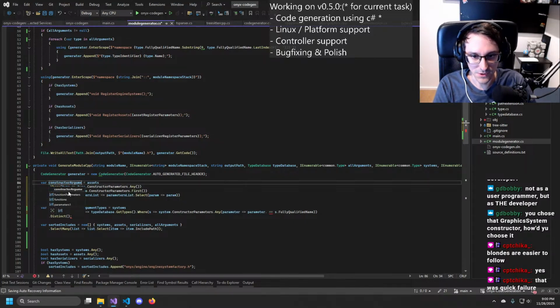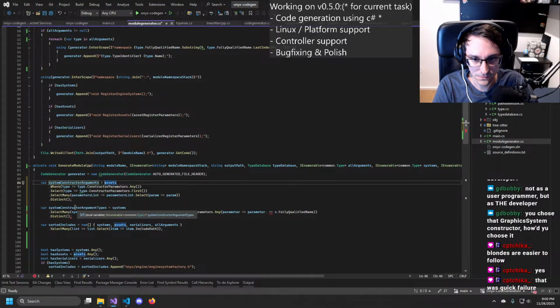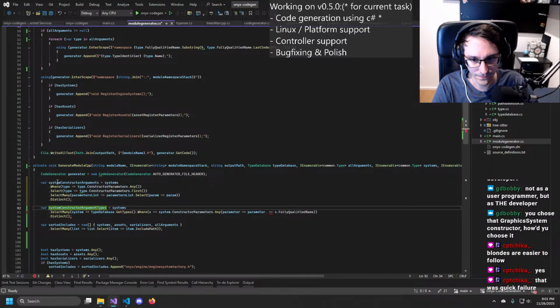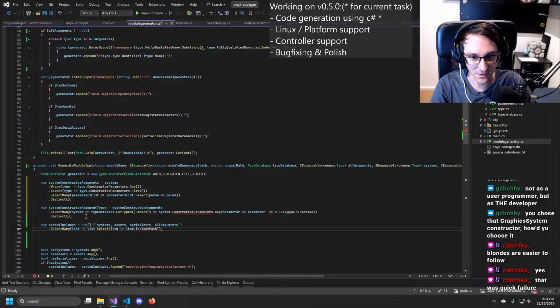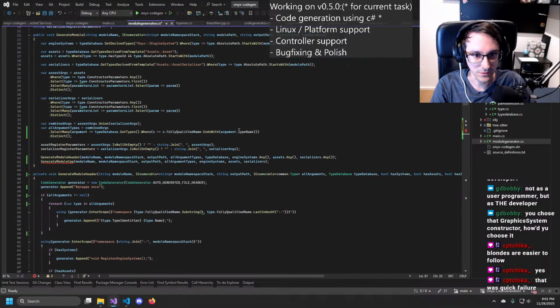Constructor arguments. This will run on systems, and this gives us the function parameters, and then we get the system constructor argument types.